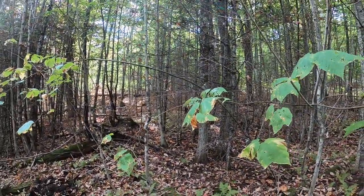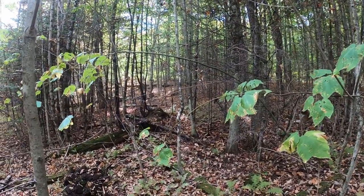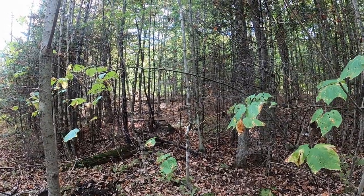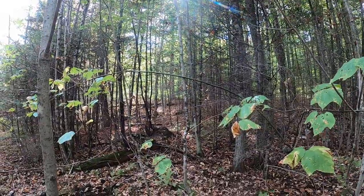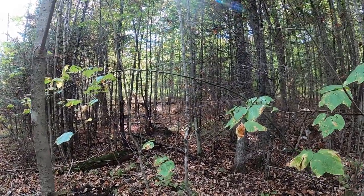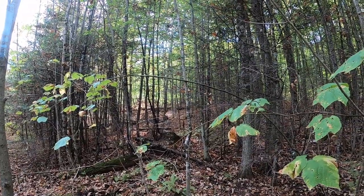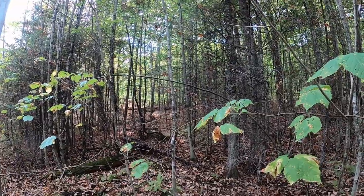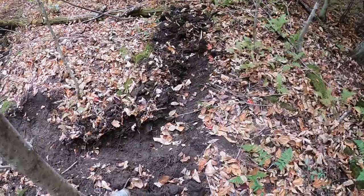There's a pile that they dumped in my woods. So my idea is to make a ditch and fill it with 6-inch gravel coming off of that and have it go into a catchment pond to the left of my new driveway. And then there will be another catchment pond here in the woods that I'll probably have to hand dig, because getting an excavator in here would be destructive. And then that will travel downhill into here. And then